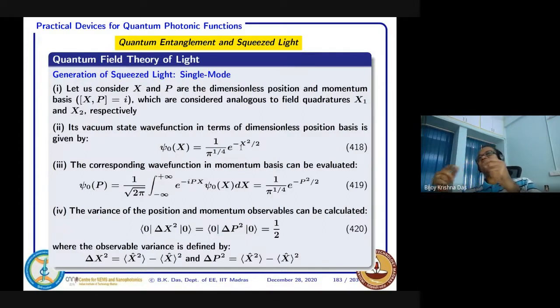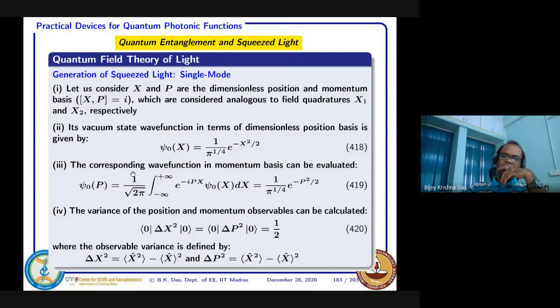Normally we write e to the power ikx, but if it is a position Gaussian, this is not k, only x-dependent Gaussian we have considered. Whenever we go to a higher state, that will be Hermite-Gaussian, and so on. So if it is a ground state, we can express it like this. You can relate this to our understanding of the quantum harmonic oscillator ground state. If you've forgotten, go back and check once again there.